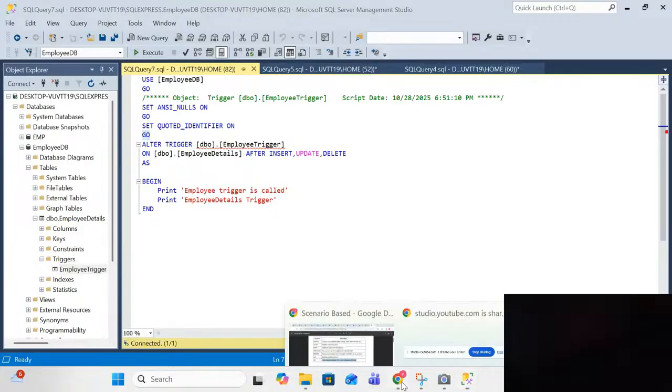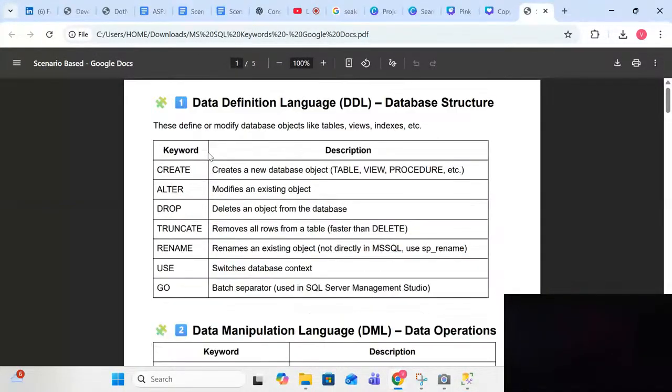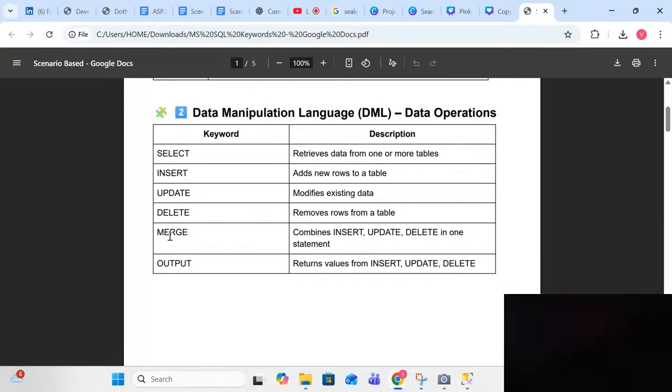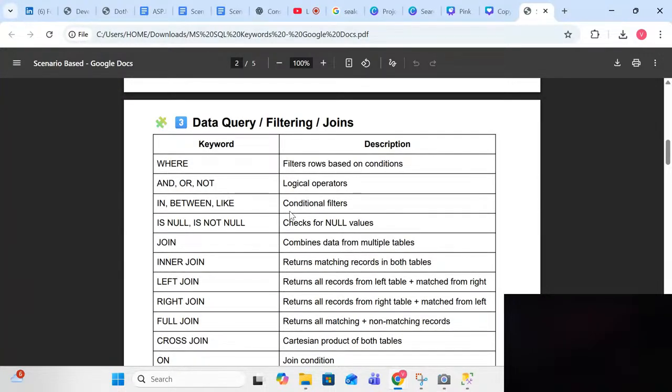Okay, so this keyword is completed, right? Data definition language, drop also completed. Here update and merge we need to see, and data query and filtering the joins. Let's see how it will work. For this I'll take a break,